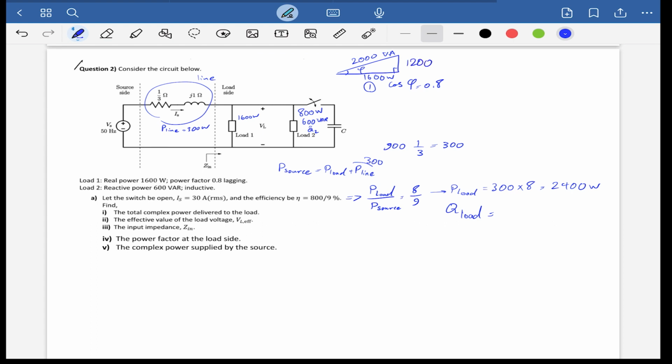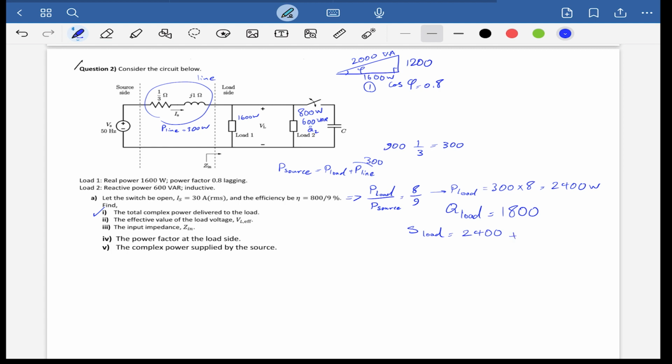Sorry, my bad. And this 600 with this 1200 will be 1800. So this will be 1800 Q of load. So we found I, which is the total power of the load, is 2400